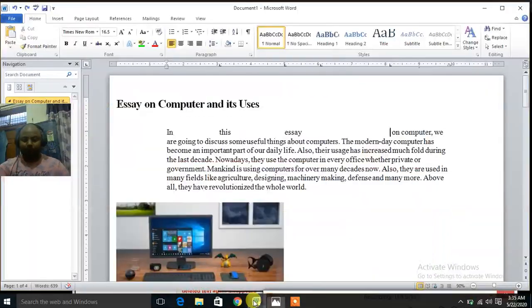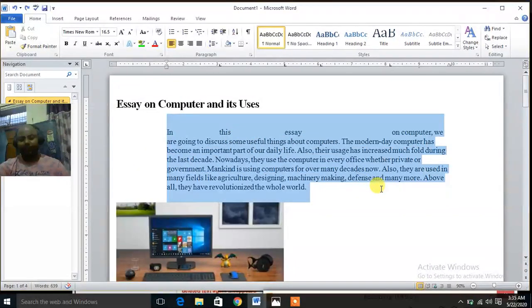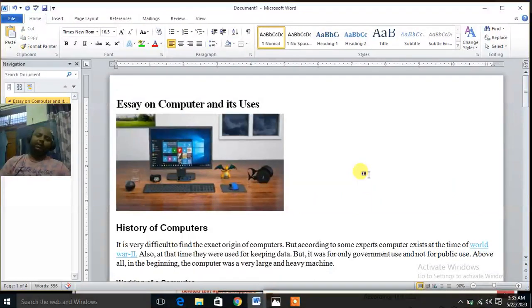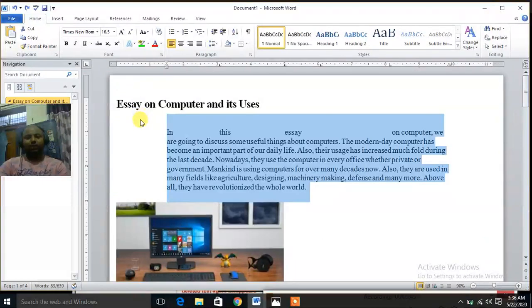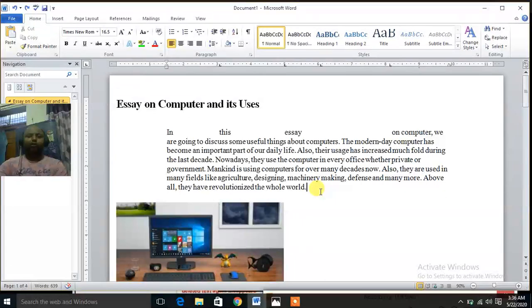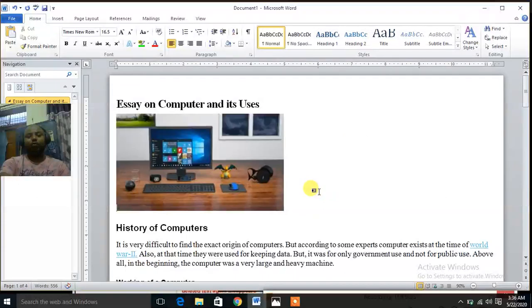Look, suppose I deleted this by mistake. Now I realized that it is a big fault. I have deleted it, but I need this text. What will I do? I will press Ctrl plus Z for undo. Ctrl plus Z, and the text has been written back. Now you can see, so reversing the command. If I thought that earlier it was okay, so I can press Ctrl Y to redo.